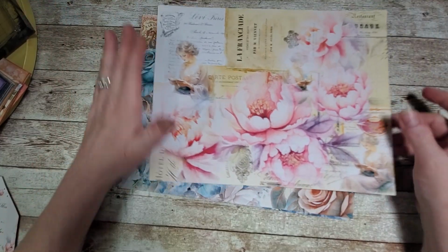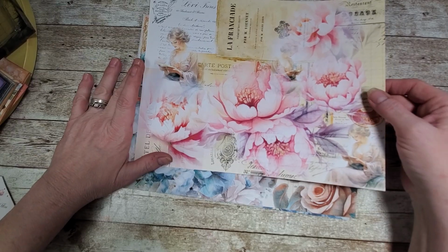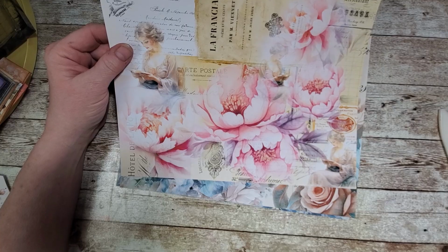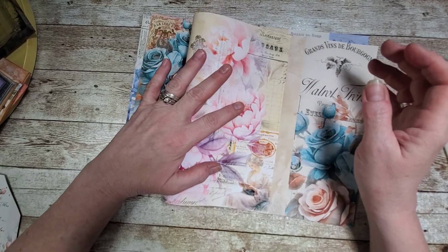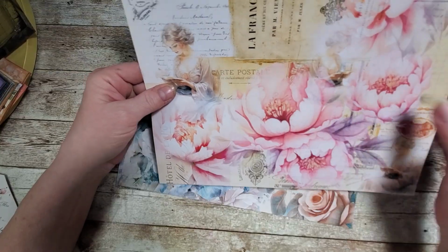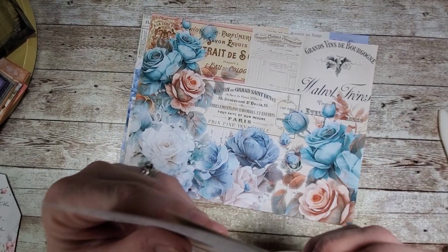And let's get started. So today we're going to make a double pocket tag booklet, and that is from week 10 of our original Mass Makes. Okay, so I'm looking at this, trying to figure out, I think because I want to do this,